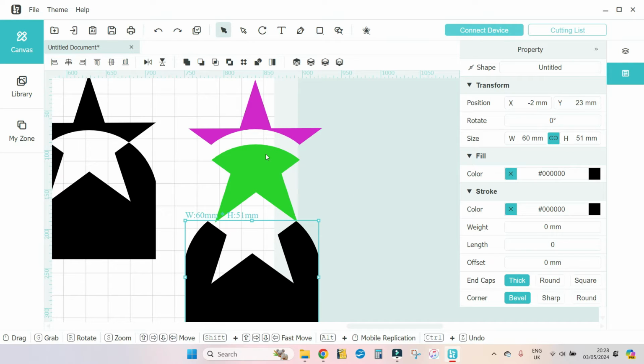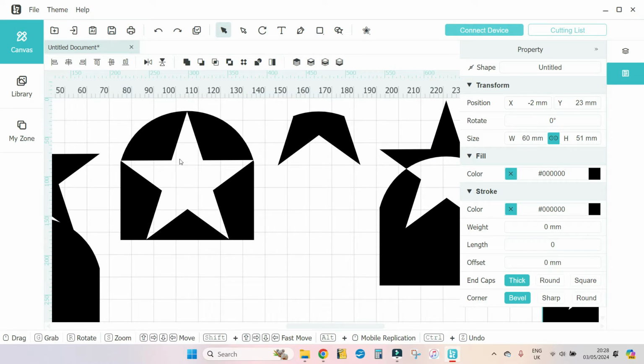So it's going to cut any overlapping sections out, essentially. A little bit like this one here, where we did the subtract. So we subtract whatever shape was on top from the shape underneath. If you wanted to actually keep that star, for whatever reason, I can't think of a reason off the top of my head now, but if you wanted to keep that star, then rather than doing subtract, you're going